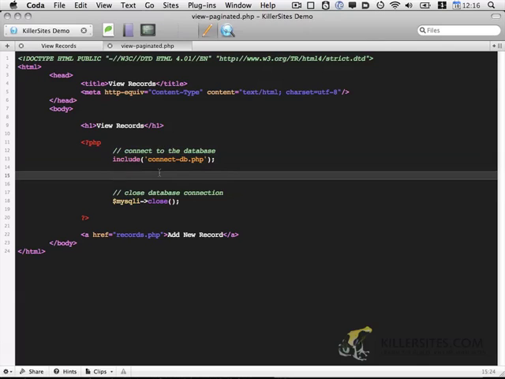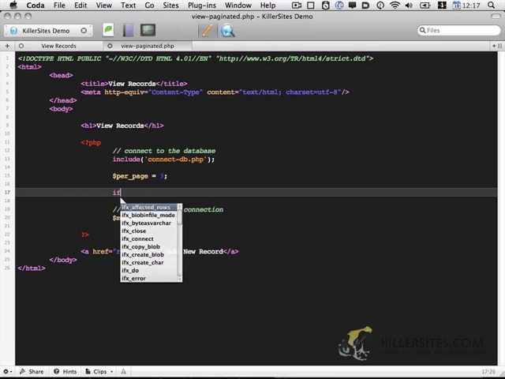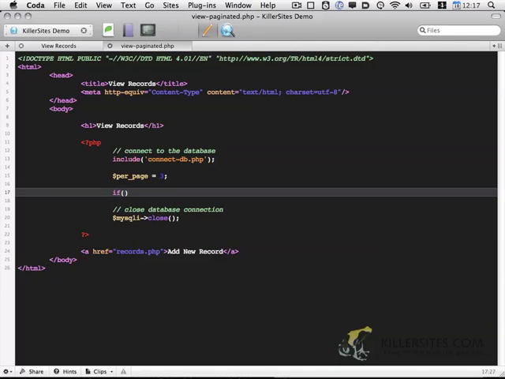Okay, so let's first consider how many records we want to show per page. For this example, I'm going to stick to a low number. I'm going to do 3 just for the sake of the example, but obviously if you were using this on a real website, you probably want 10 or more. So the first thing we need to do is figure out how many records are actually in the database. We'll do that with if result